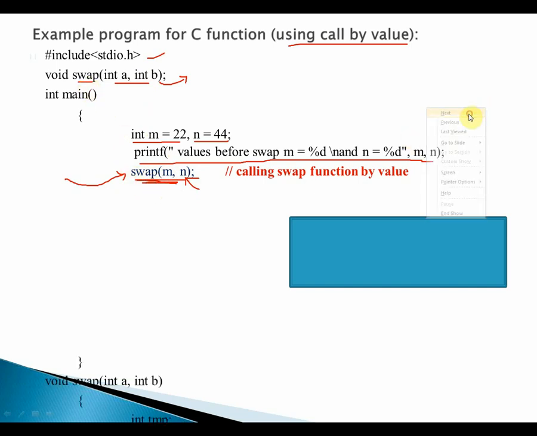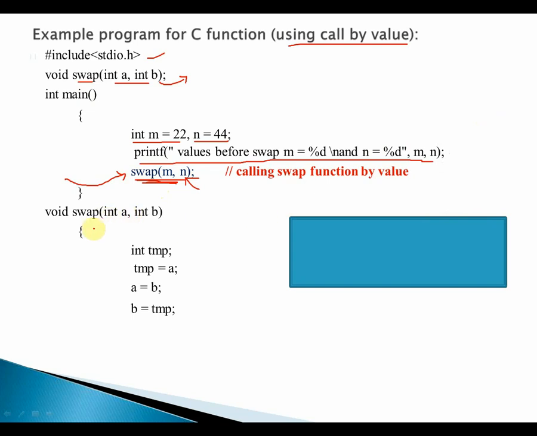Now let us write the swap function's body. So this is the function definition and this is the actual function body which is written over here. This is how the swapping would take place. For swapping, you all know we require a third variable. So let's call that variable temp, T-E-M-P, and first we assign the value of A into temp, then we store the value of B into A, then we store the value of temp into B. This is how we will be able to swap the two variable values A and B.